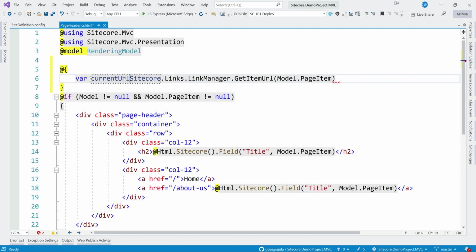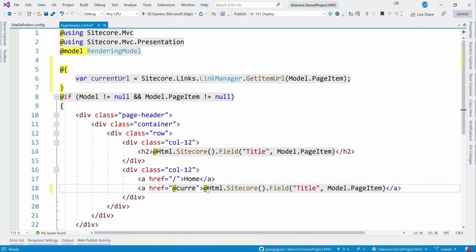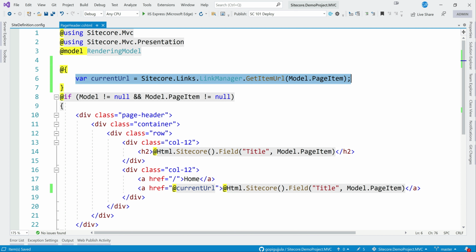currentUrl, the current page URL. You can consider the current page URL, and now you can go to here, currentUrl. So this is what happens when you want to generate. Similarly, you can build another one for the parent item. So it would be homePageUrl, something called parent. So this would be the homepage URL. But